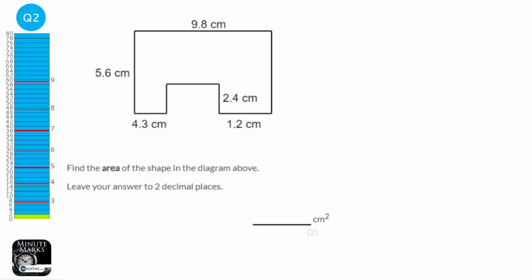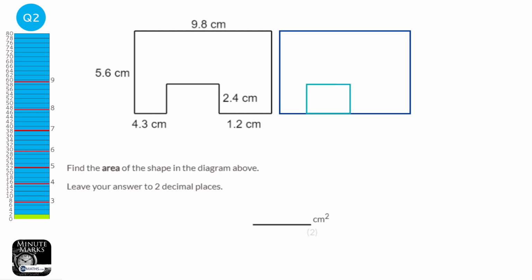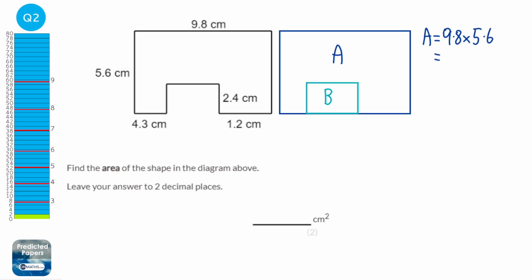To work out the area of this shape, I'm going to work out the area of the big rectangle, it's almost a big rectangle, and I'm going to take away the area of this small little bit at the bottom. I'm going to label this big rectangle A and this little rectangle here B. So to work out the area of A, we're going to do 9.8, which is the width, times the length, which is 5.6. And that will give us